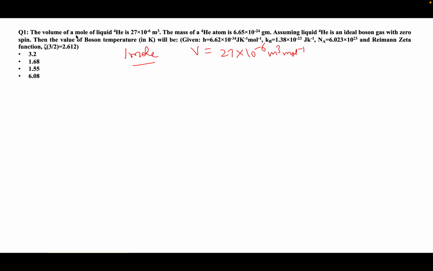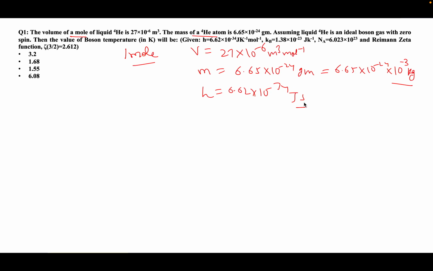The mass of a helium atom is given, only for one atom, 6.65 into 10 to the power minus 24 gram, that is equal to 6.65 into 10 to the power minus 24 into 10 to the power minus 3 kilogram. And the Planck constant is 6.62 into 10 to the power minus 34 joule second. And kB, NA and the Riemann zeta value are given,